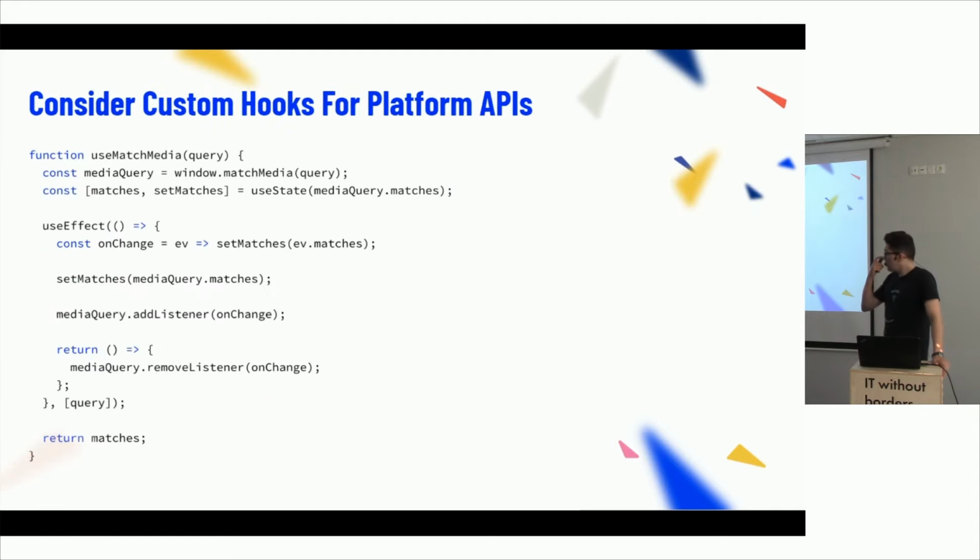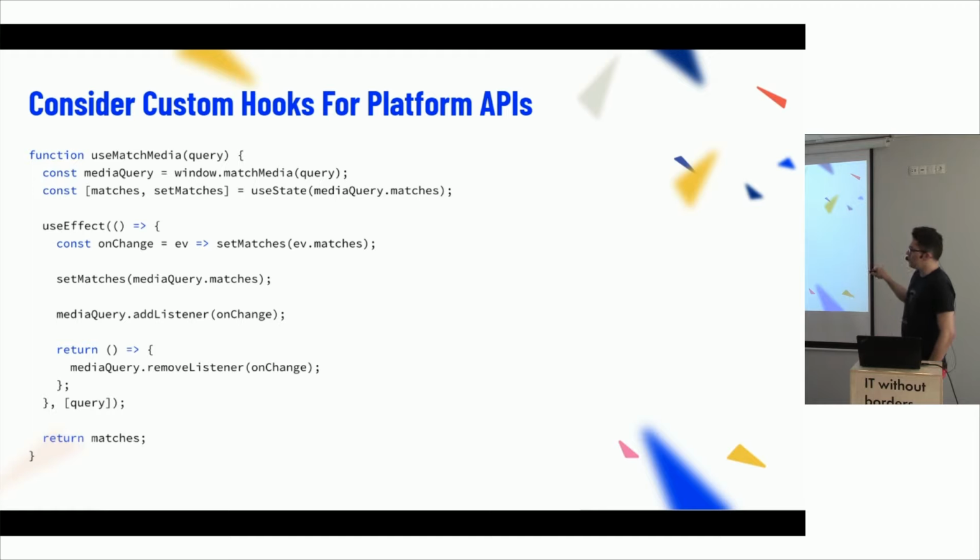The other thing is you should consider hooks for platform APIs. You will work within a platform, whatever this platform is, whatever third-party library you're using, or if you're using just the web APIs. Hooks for consuming external APIs can abstract away the flow control and the complexity of the implementation. So here is a relatively simple example, but it gets tedious if you try to handle it in the reactive way we are used to writing our components.